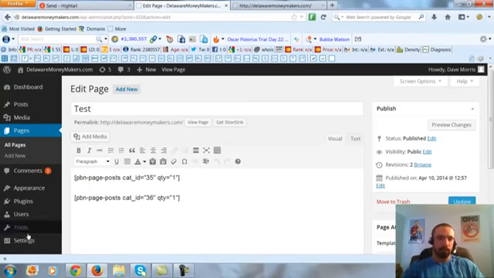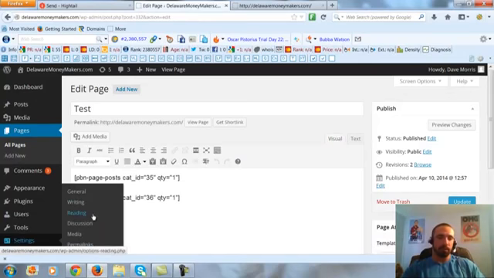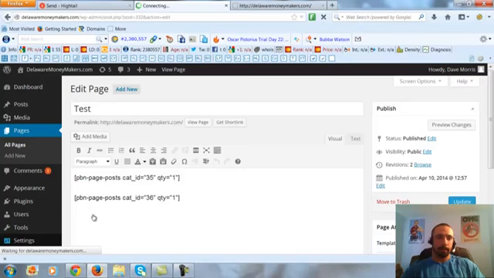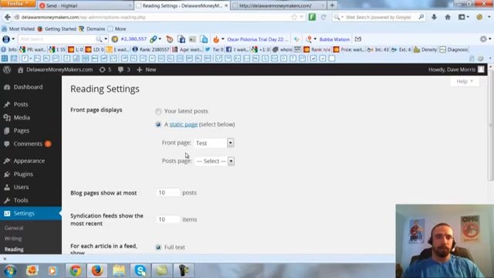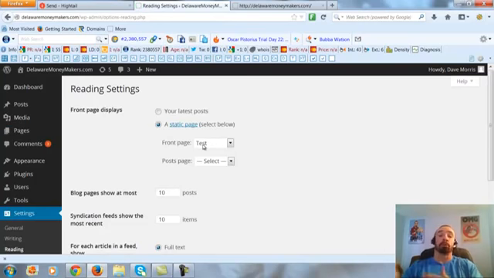You can see it in the visual, and of course in the settings, reading, you set that as the static page. The static page is test, which is where I just was, which is where the short code is. Again, everything's the same. The only thing that's different is VideoKraken is not automatically changing the video every 24 hours, so you have to go and do that manually. That's for those of you who are on a really tight budget and need to save some money by not buying that plugin, and you want to just put in the work manually.